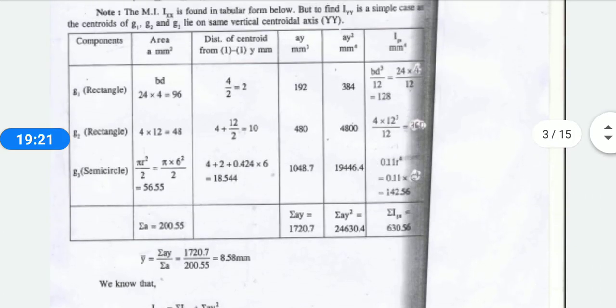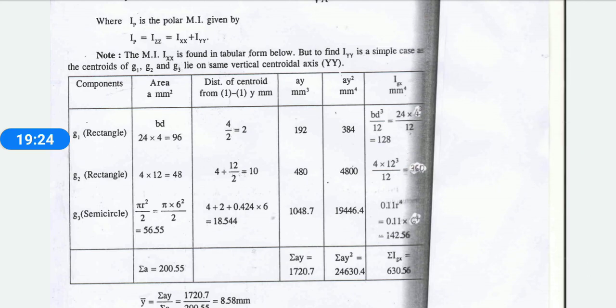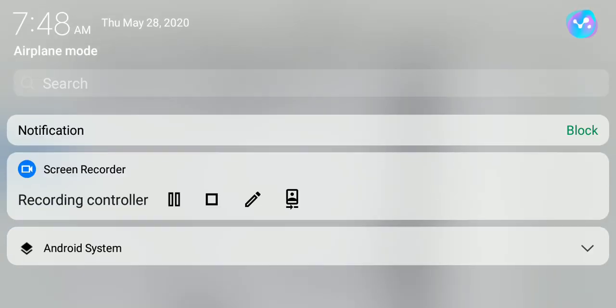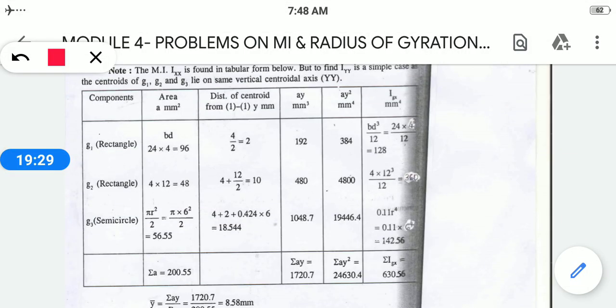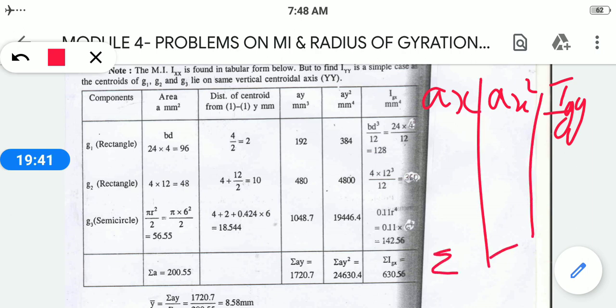Okay, if you want, you can do it here itself. No need to do it in a normal substitution. Like our previous problem, you can add a column over here for A x square and I of gy. Got it? Calculate everything and find your summation value here and substitute like your previous problem. No need to adopt the same method over here. If you are finding this method easy, you can do it by this method. Whatever you are doing, every value will be the same, no other difference will be there. So whatever the convenient method is for you, adopt that method and do your sum.